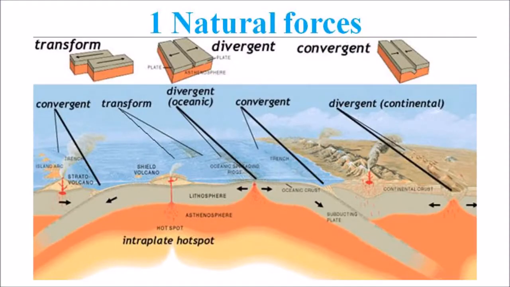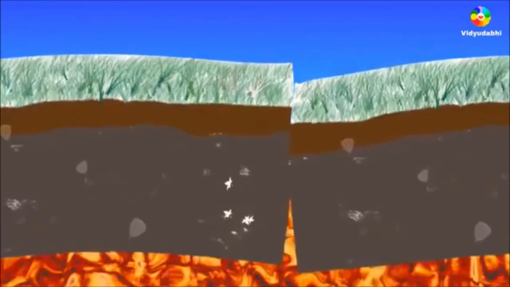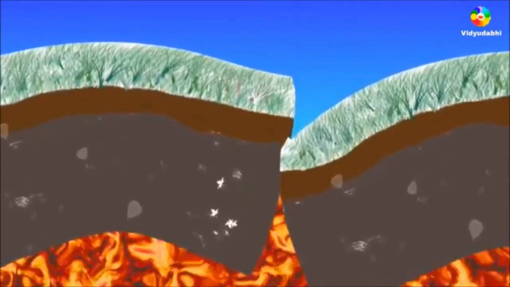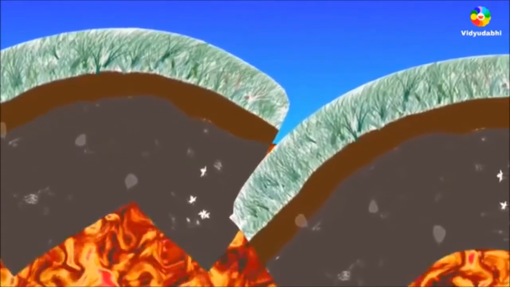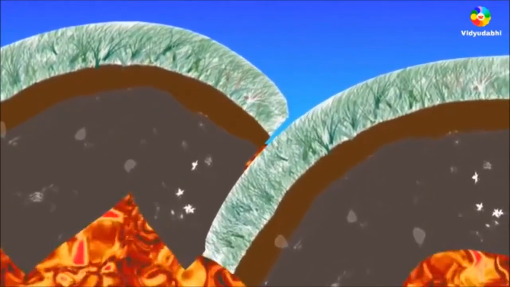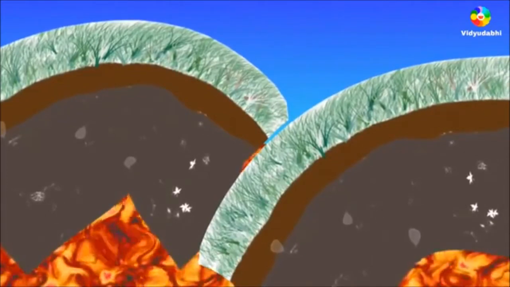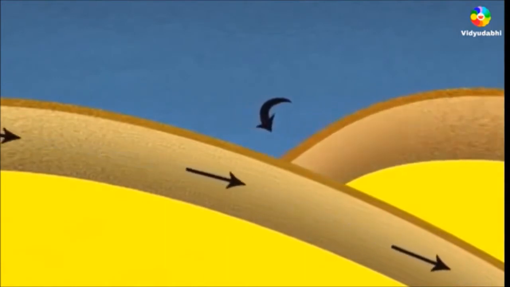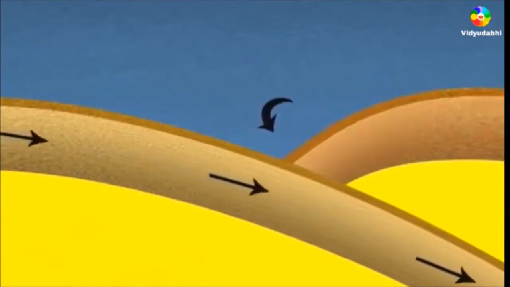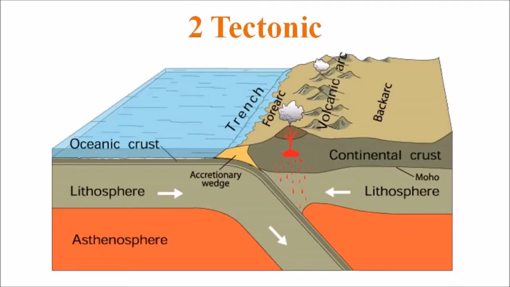When we come to the natural forces, earthquakes are caused by the sudden release of energy within some limited region of the rocks of the earth. The energy can be released by elastic strain, gravity, chemical reaction, or even the motion of massive bodies. Of all these, the release of elastic strain is the most important cause because this form of energy is the only kind that can be stored in sufficient quantity in Earth to produce major disturbances. Earthquakes associated with this type of energy release are called tectonic earthquakes. The second one is tectonic movements.